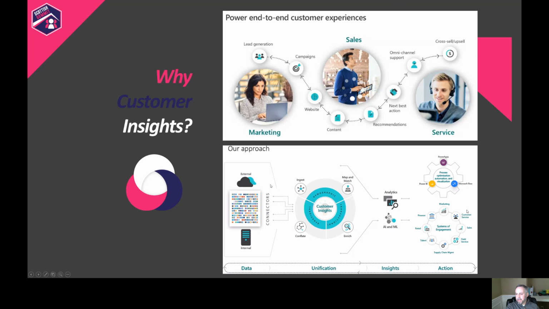And lastly, we have action. So how do we take action on our data? We can obviously use the Power Platform, which is a big part of this. We gather all the data, we unify it, and we run it through some insights. And then we